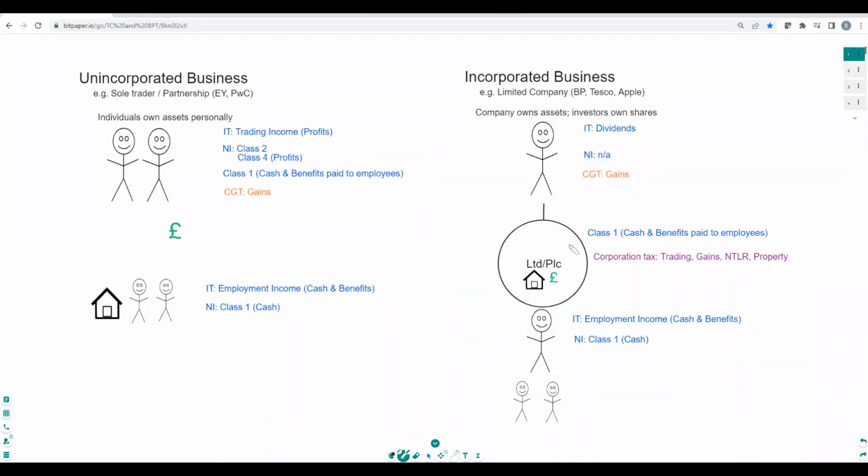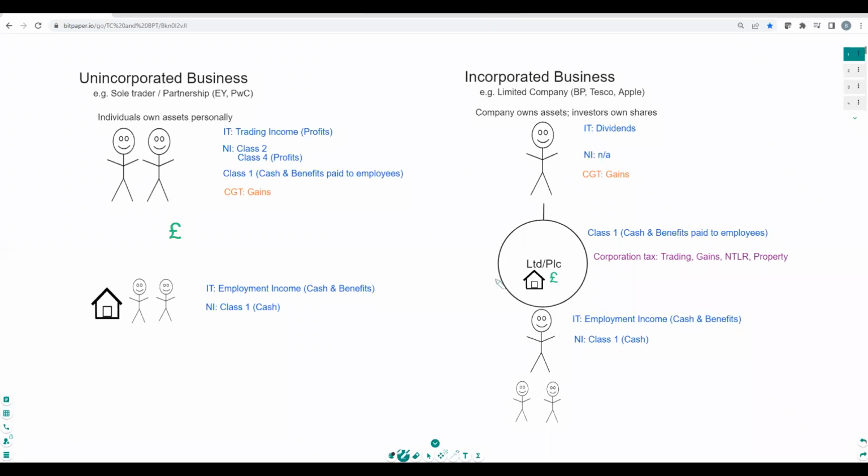when we're looking at corporation tax, there is a separate legal entity, the company. And the company is the one that owns all the assets and liabilities of the trade. The company is the legal entity that is going to purchase the car or have all the different expenditure going through the company.